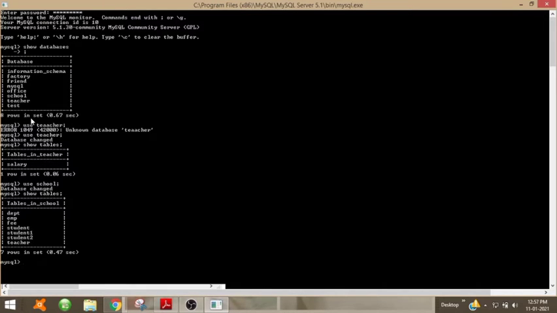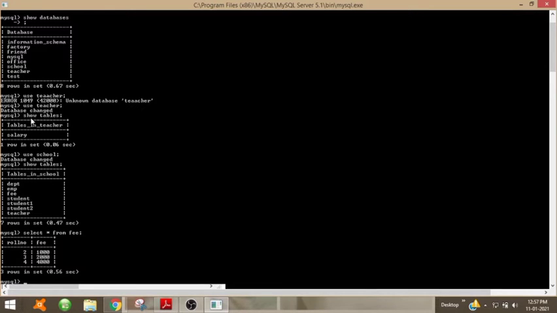You can see so many tables are created. So let us see. Select star from the table. This command is used to display the contents of the table.